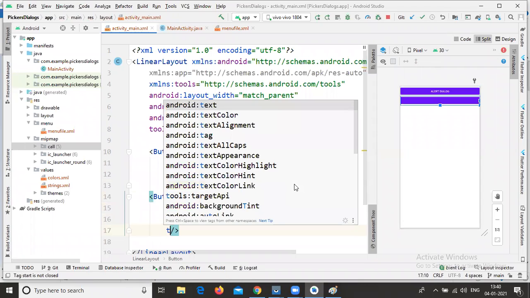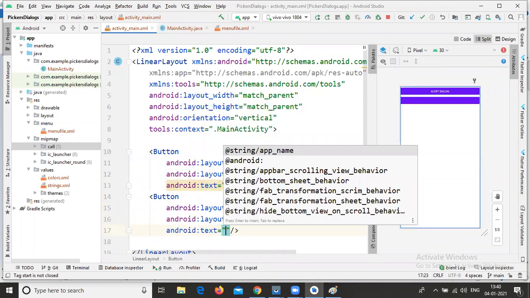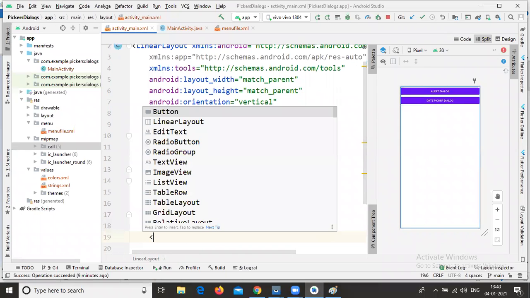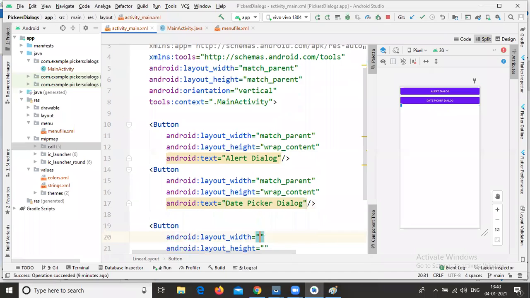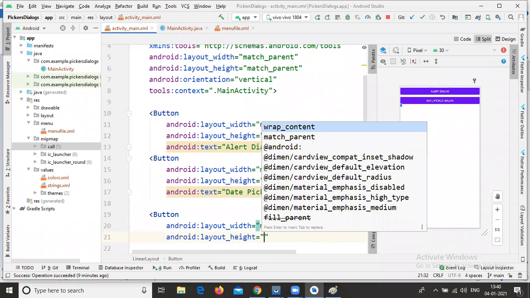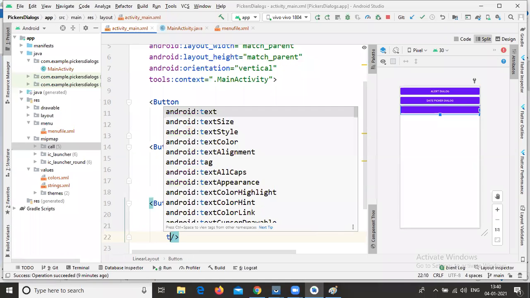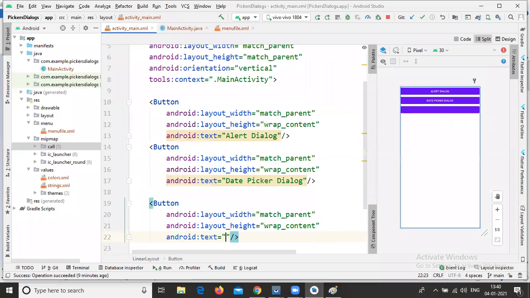The text is date picker dialog, and in the same manner the button with text time picker dialog. This is the way you need to display these three buttons.